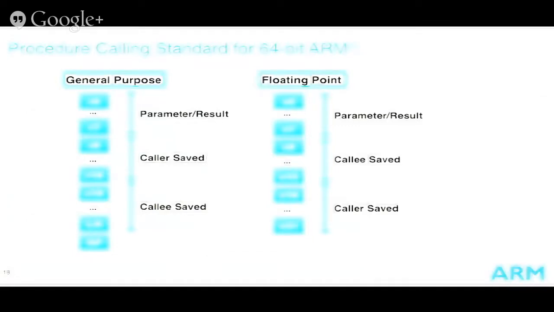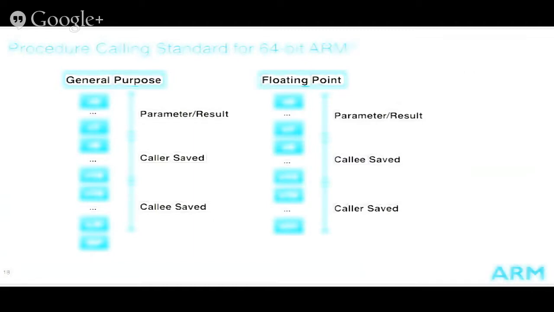Similarly, on the floating point side, there are three views. One is the Q view, where we view the register as a quad 128-bit. Then we can view it as the lower 64-bit part of a Q register, that's the D register used for double floating point values. And there's the S view for single precision floating point values.